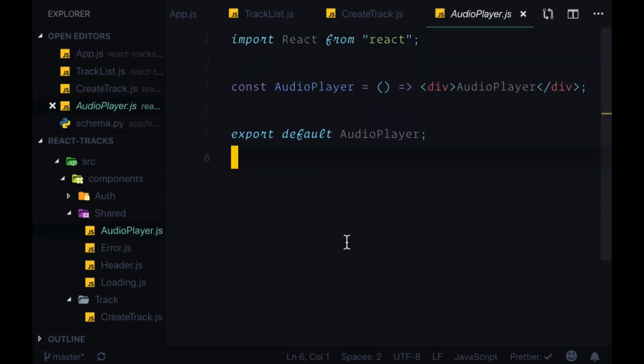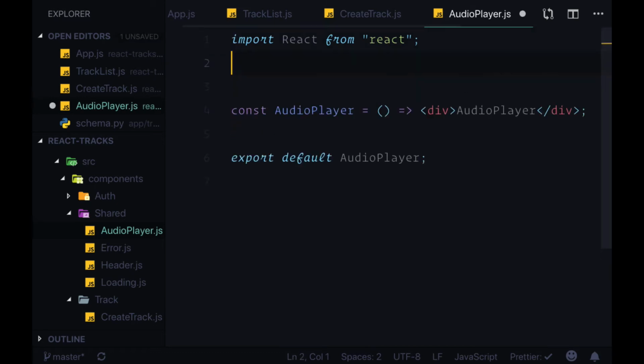To play our tracks, we're going to use a special component that comes from the React Player library. It gives us a nice user interface to play and pause and download tracks, as well as adjust the volume of the tracks that we've added. All we have to do is feed to React Player a URL and it'll be able to play it if it's valid. So let's, up at the top, import React Player